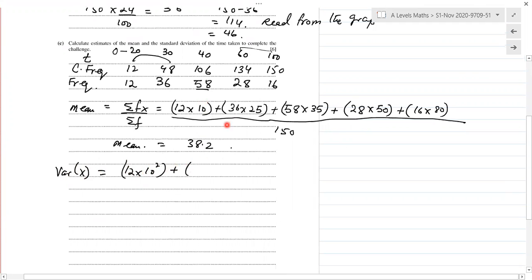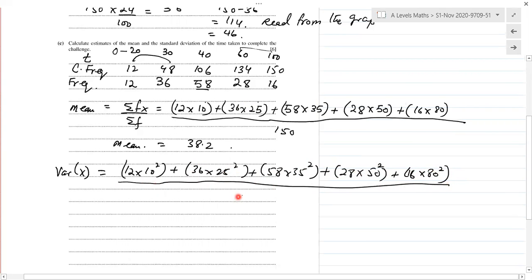So we are just copying this down and we are squaring all of the x's. So 36 multiplied by 25 squared plus 58 multiplied by 35 squared plus 28 multiplied by 50 squared plus 16 multiplied by 80 squared,